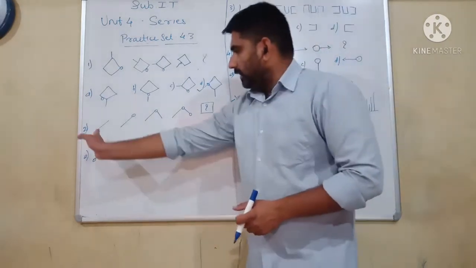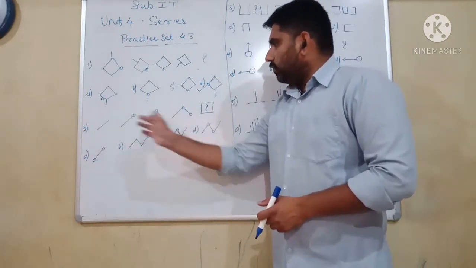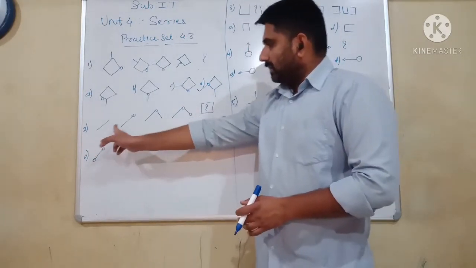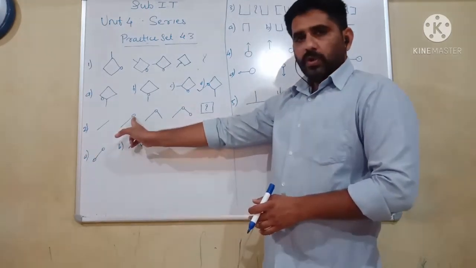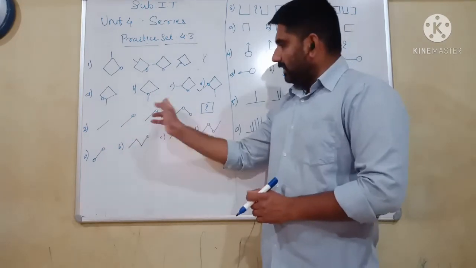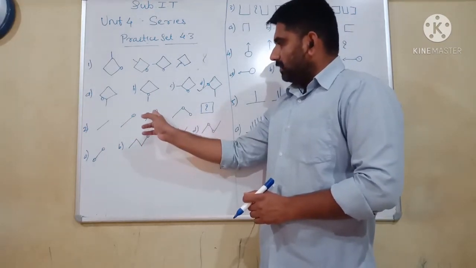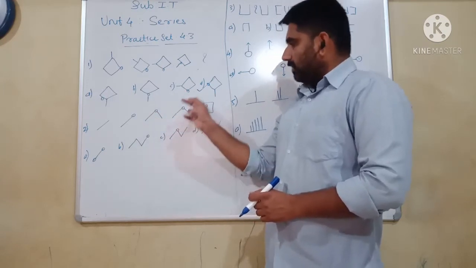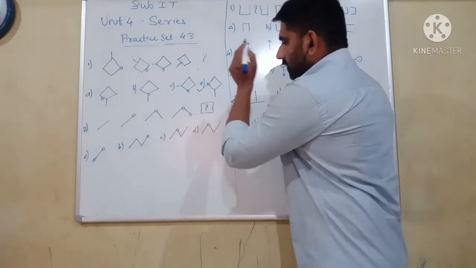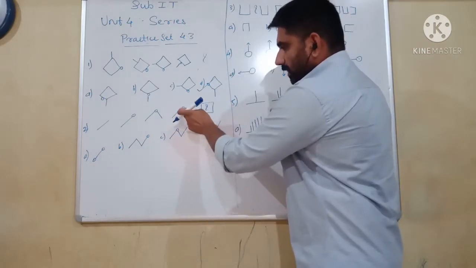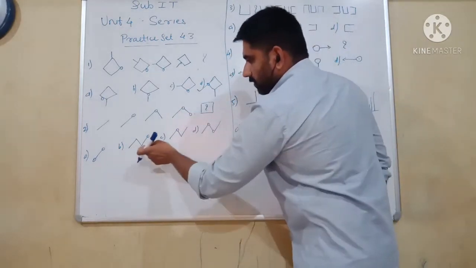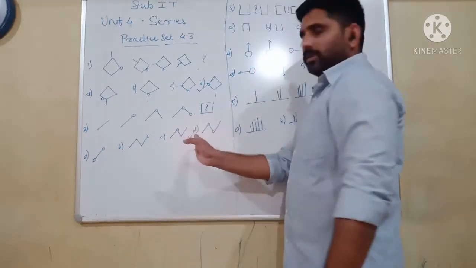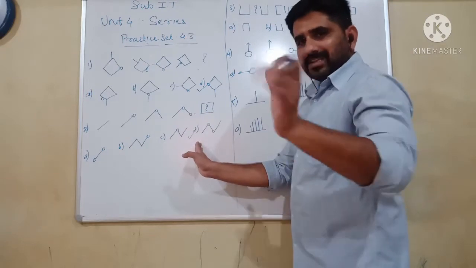Next question. Here some lines are being followed by the symbol. First there was a single line. Then to that a small circle was added. Next, 2 lines with one circle in between. Next, 2 lines and 2 circles. When the next comes, a third line will be added, followed by these 2 circles. So here are 3 lines, 1, 2 and 3 lines, and 2 circles. So option number 4 is the right answer.